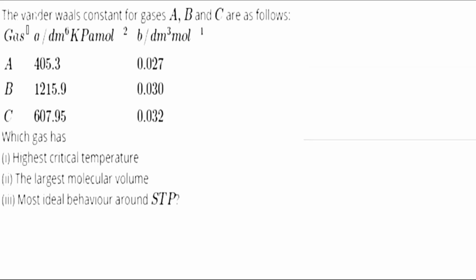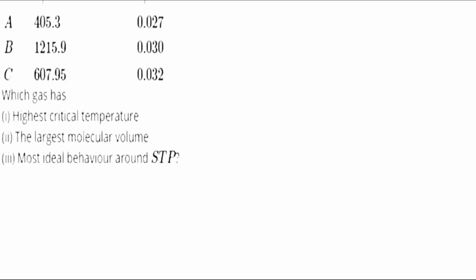Hello everyone, here our question is: van der Waals constants for gases A, B, C are given as follows. The values of the van der Waals constants A and B for gases A, B, C are given, and based on that three questions have been asked. The first question is which has the highest critical temperature, the second is the largest molecular volume, and the third is most ideal behavior around STP. So, for solving the first question,